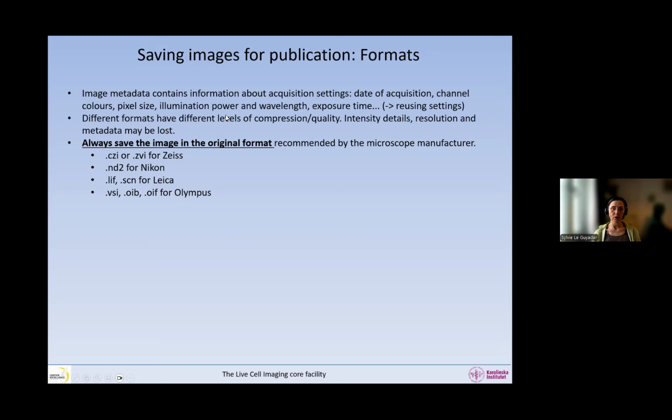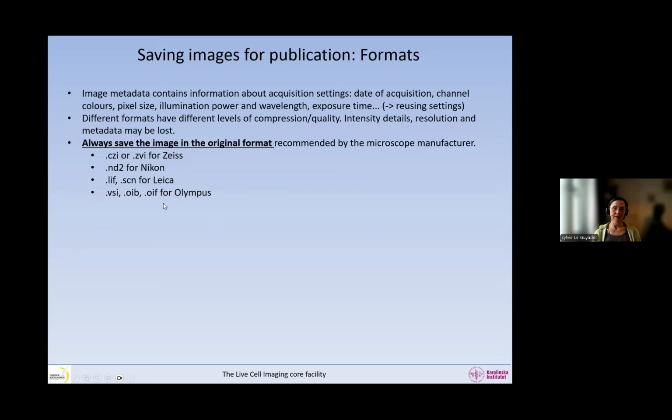So what is the original format? We have seen today that some people are using a Leica microscope and are saving in TIFF. Yes, you can acquire an image on the Leica microscope and say save as TIFF. So the TIFF format is available on the Leica microscope, but this is not the format that is recommended by the manufacturer.